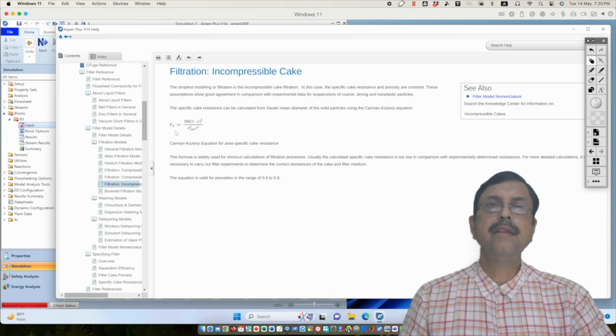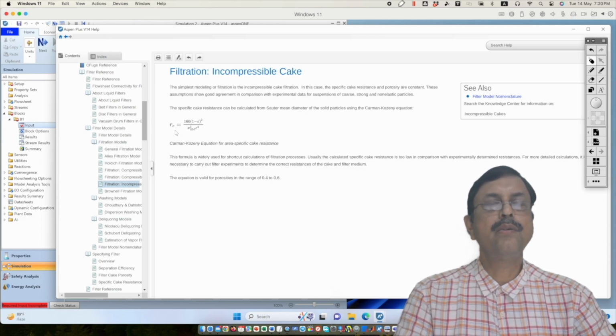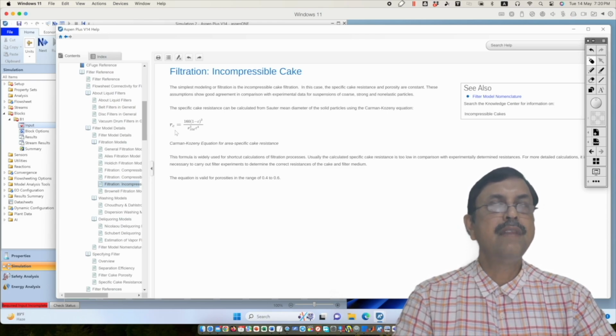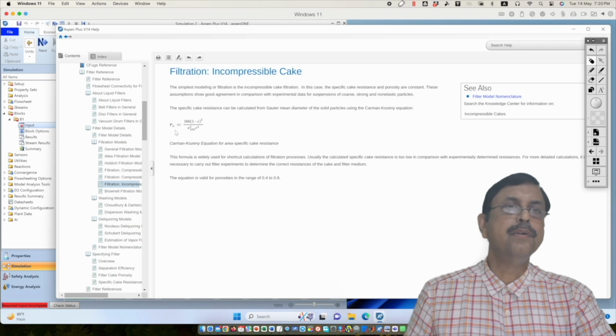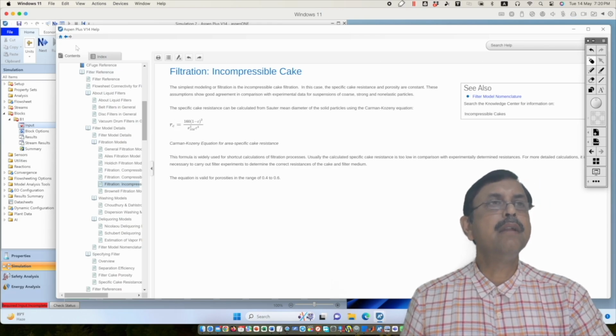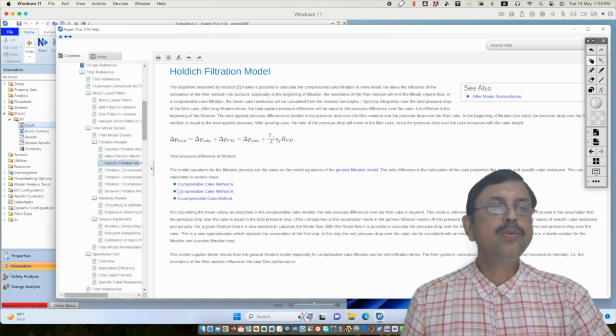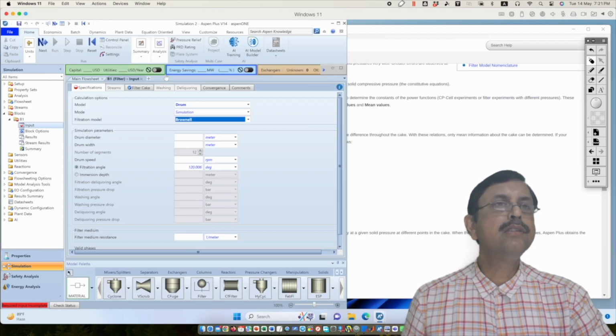Kozeny-Karman equation, we are very familiar with Kozeny-Karman equation because we have learned it when we studied the packed bed type of column. So chemical engineers are very familiar with it. But there are two compressible cake methods, method A and method B. So you can check,